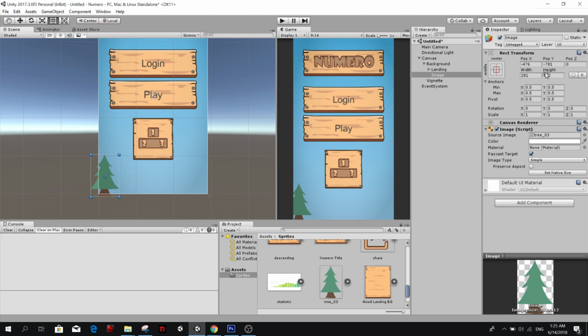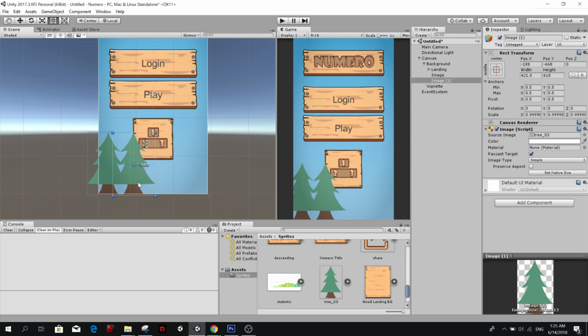So now it's a little bit small. I want to make it times 1.5. Yeah, decent size. So there, 1 and 2 and 3. I love trees, they're so pretty.